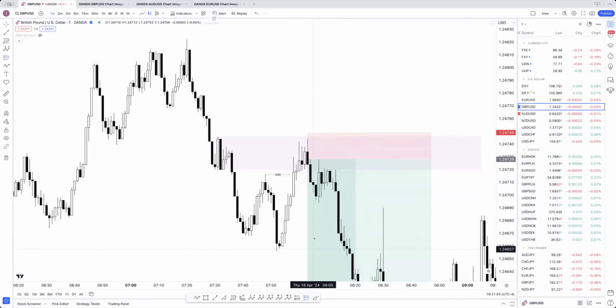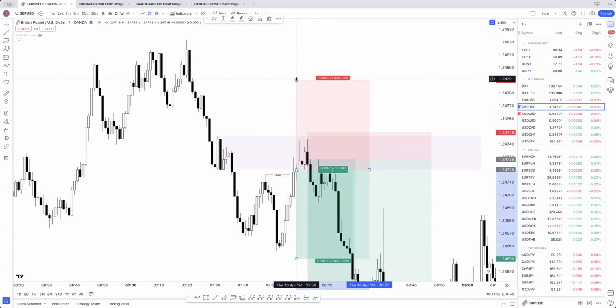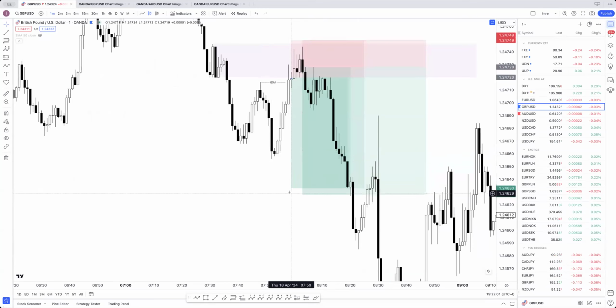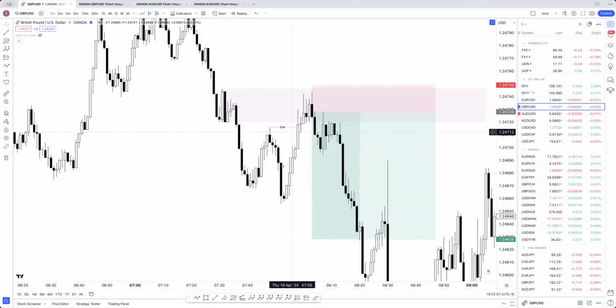My real entry, if I was being very strict with my trading rules and I'd set my sell limit, would have been right here. And my target would have been the same. So instead of 4 and change, I would have gotten 3 and change out of this trade. Still a great result either way, especially in a matter of minutes. Okay, so